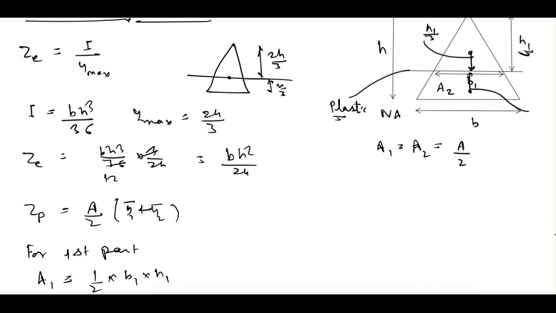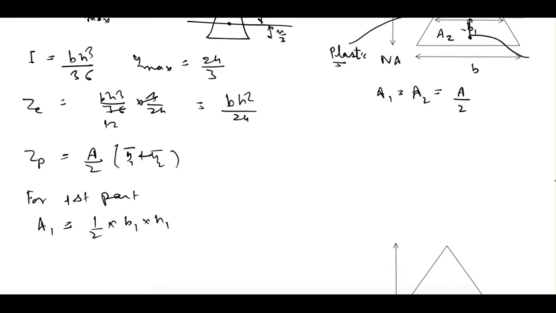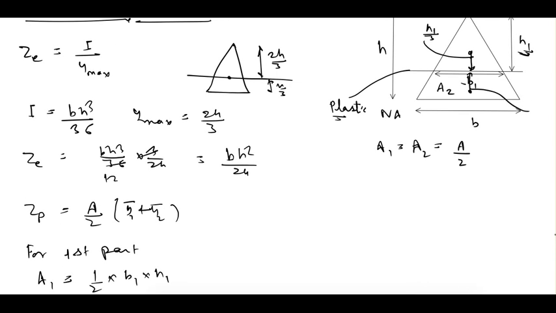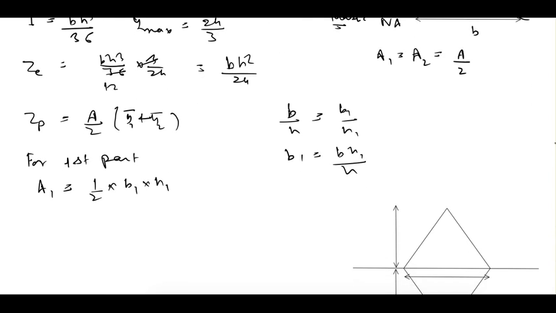h1 is the height and b1 is the width, and from the similarity of the triangles we can write b upon h is equal to b1 upon h1, and so from here b1 is equal to b h1 upon h. This value we can put here, that is equal to half b1 into